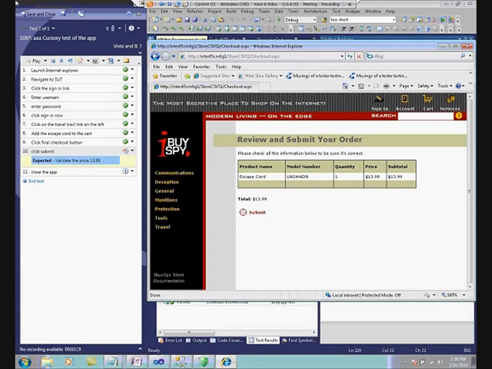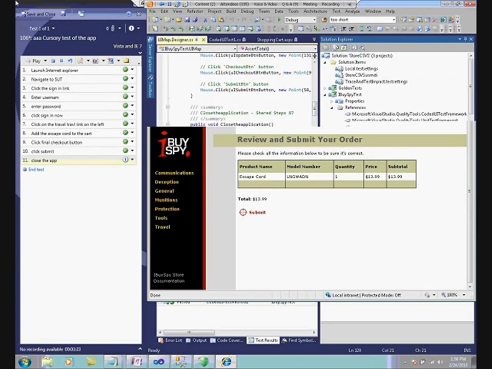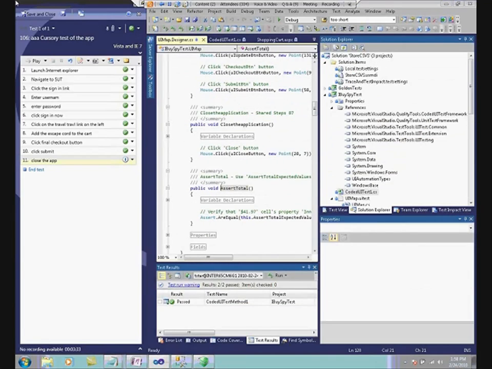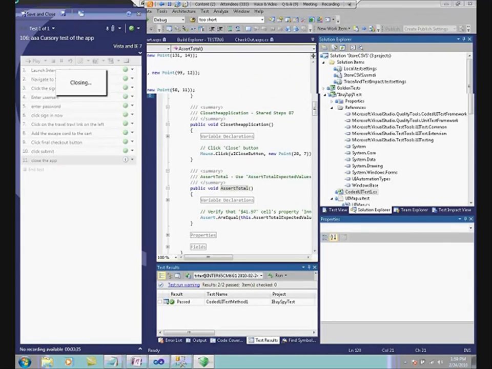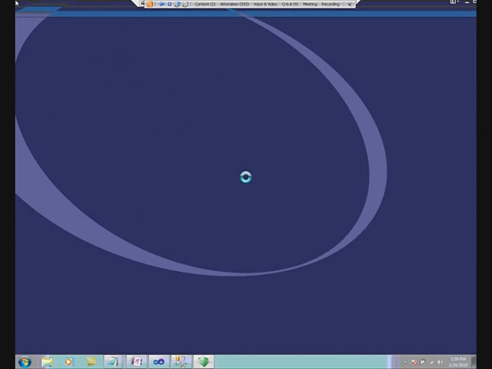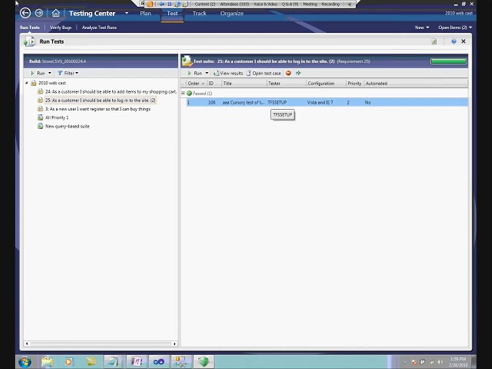And then you'll notice that it says, okay, you need to validate that the price is $13.99. It is, in fact, $13.99, so I'm going to hit my shortcut again. And then I'm going to close the application and end my test. Now, the information that I configured Test Runner to collect during its test runs was just collected. And as a part of that collection, we're going to do a save and close, but now let's take a look at